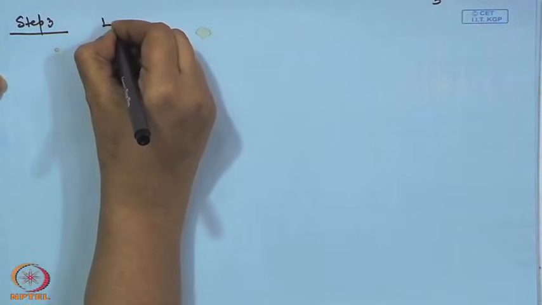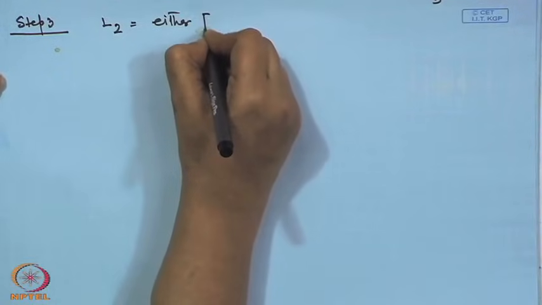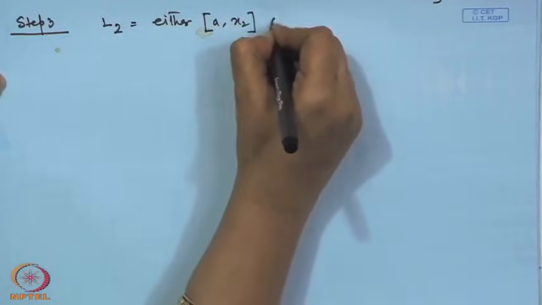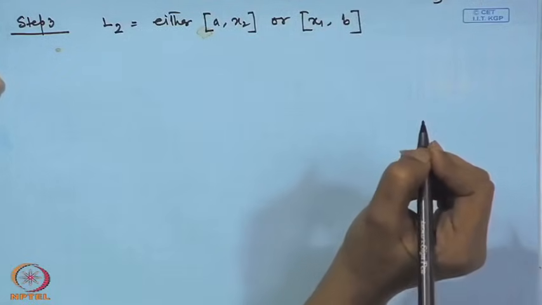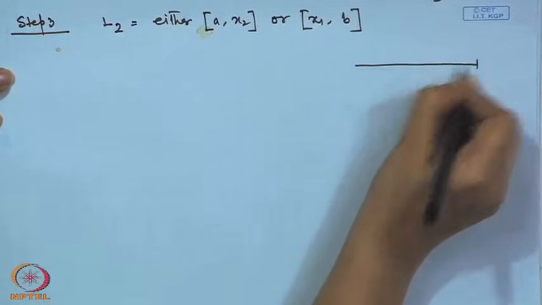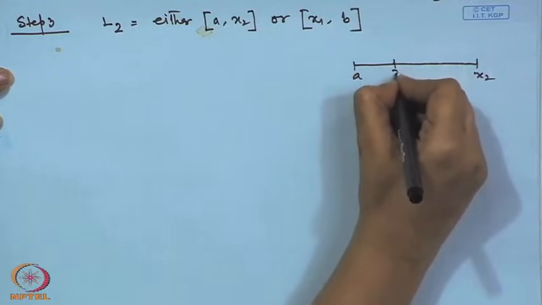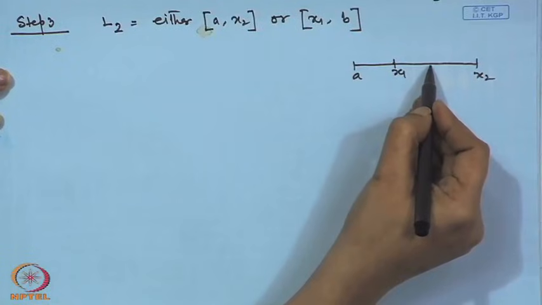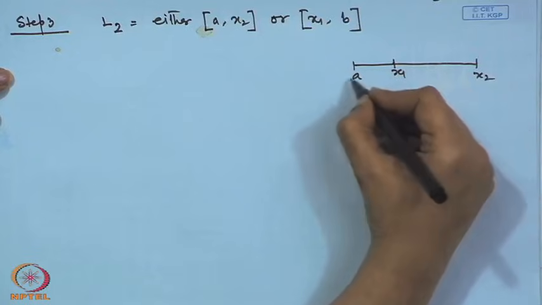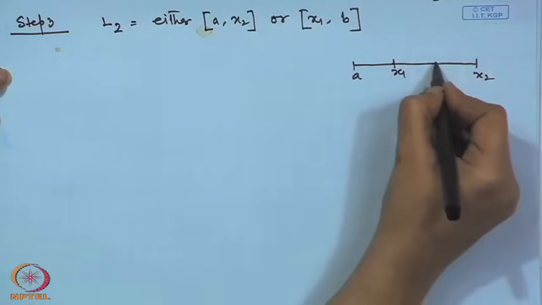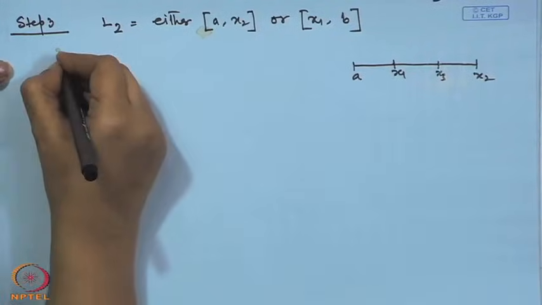Step 3, we will have the new interval of uncertainty, it would be either from A to x2 or from x1 to b. Now, what is my next task? My next objective is to find out, within A to x2 where x1 is there, again another approximation, we will do another experiment which will lie within the point A to x2 in the first case. Say x3 is here. How to generate x3? For that thing we have to find out